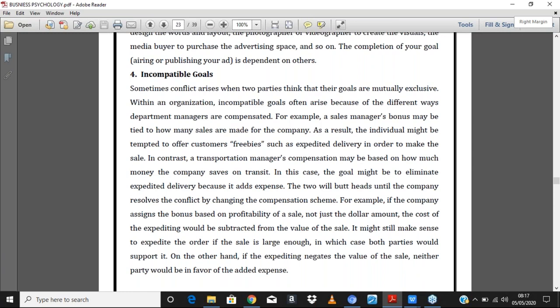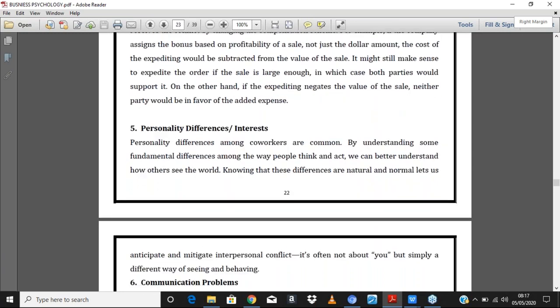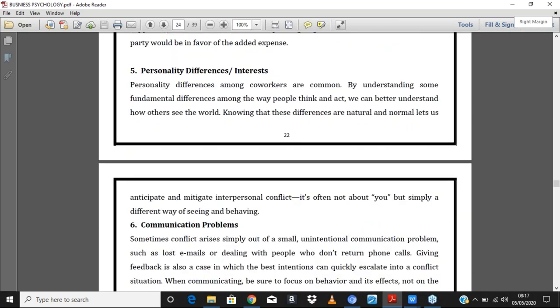This incompatibility of goals can cause conflict in the organization, because the transport department wouldn't want the company or the leadership to see them as being wasteful, spending so much on movement and logistics and all of that. Okay, now the fifth one is what is called personal differences